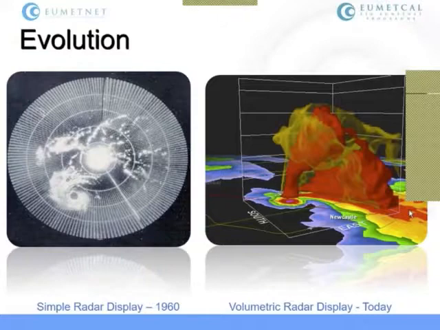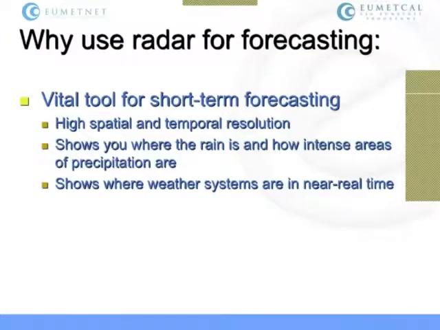Also, the technology is evolving very fast. They are trying new ways to improve the weather radars. So now I think they are testing the so-called phased array radars. They are not yet deployed for operational use, but they are in research. They are doing research on that. So why do we need to use the weather radars for forecasting?